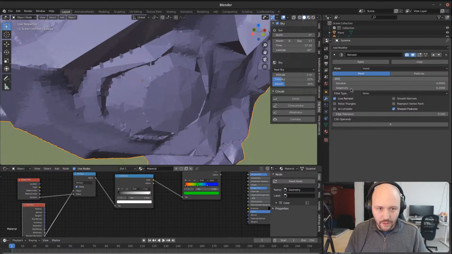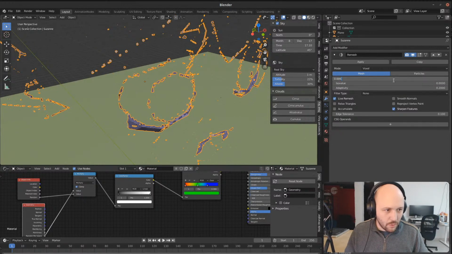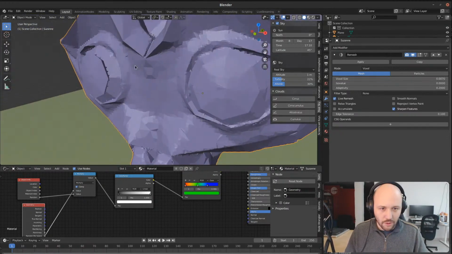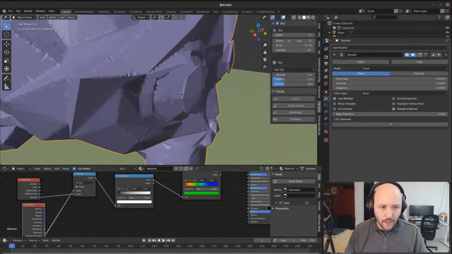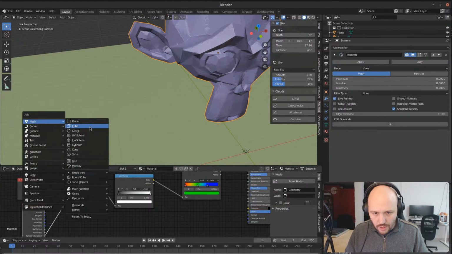0.005, for example. Okay, it doesn't work with this. No. 3. No. So 305 was too small for Suzanne. So it tries to respect some hard edges, but if we go to a different model, for example, let's create